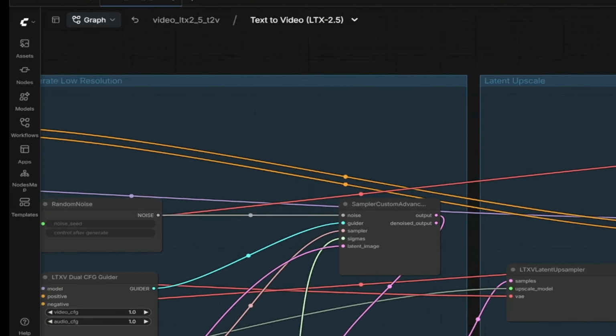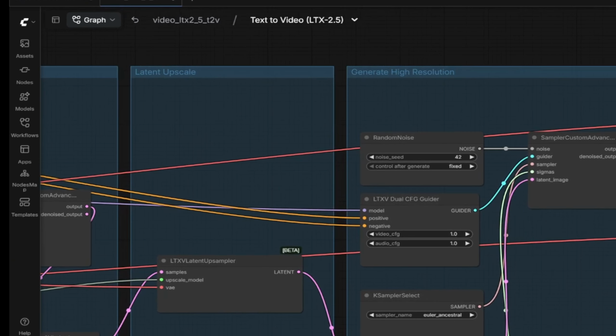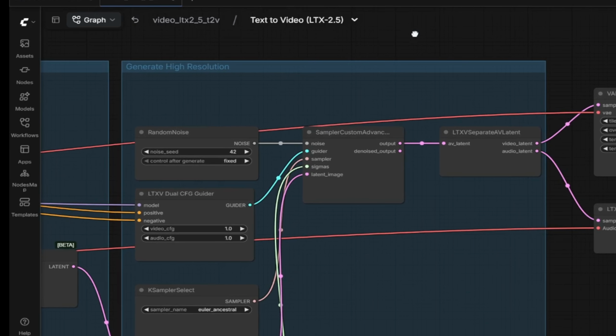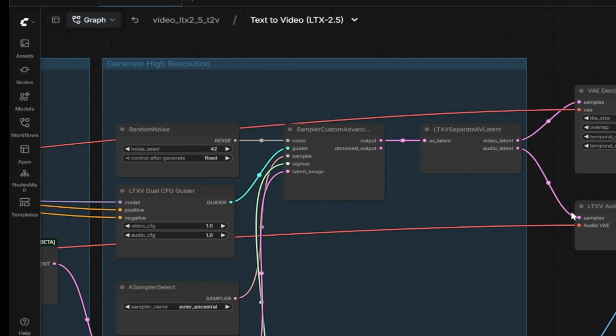It is important to note here that we have two stages: low resolution generation and high resolution generation. The main steps we perform in the low resolution stage are repeated in the high resolution stage. The difference is that the first stage creates the initial video at a lower resolution. Then we upscale that latent and repeat the sampling process in the high resolution stage to refine it and produce the final video at a higher resolution. So basically, the low resolution stage builds the video, and the high resolution stage adds more detail and gives us